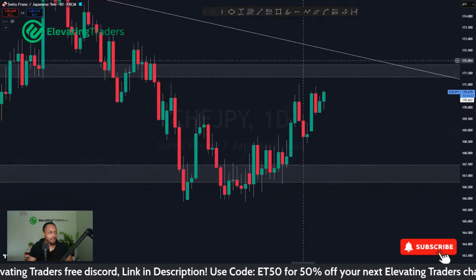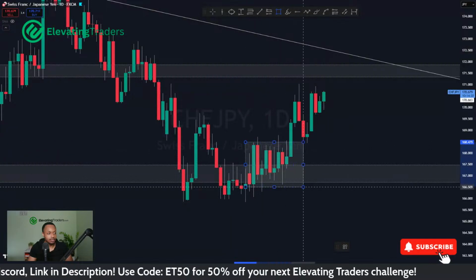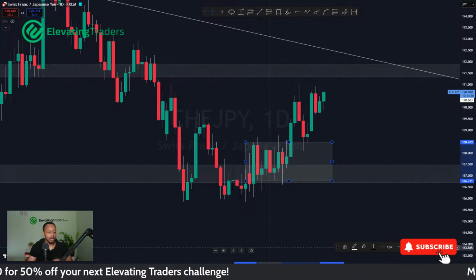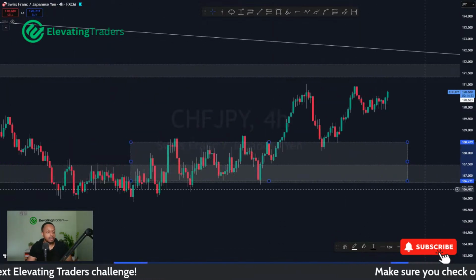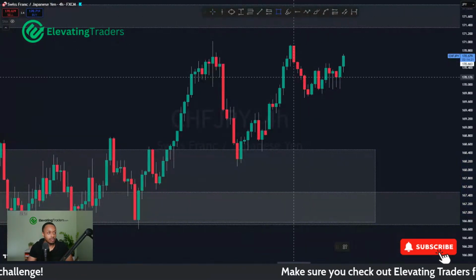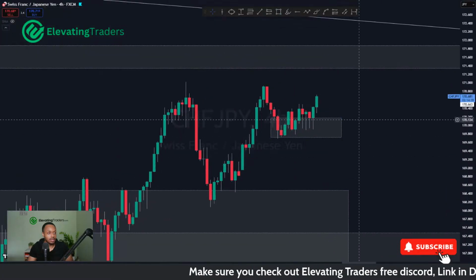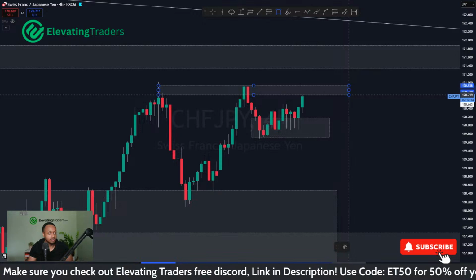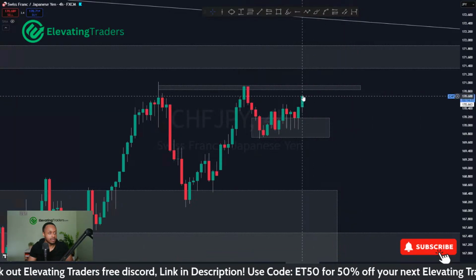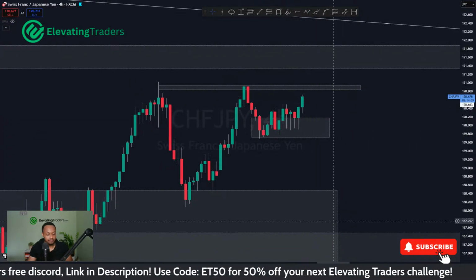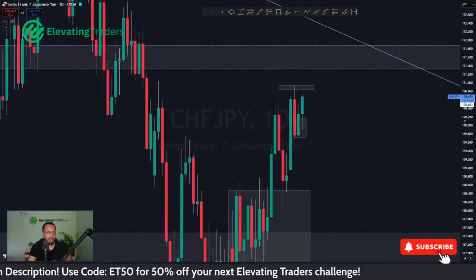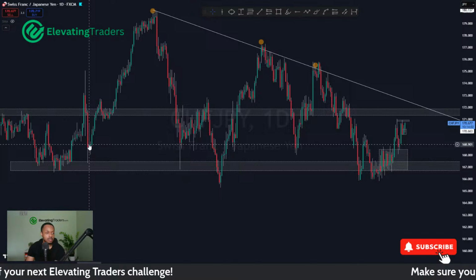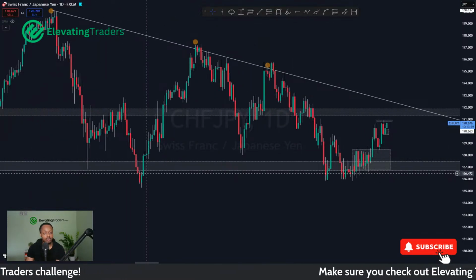Again, the way I see it is that we've had a lovely range here. Price broke to the upside, retested. Now seeing upside from that momentum. And looking at the 4-hour chart, we found a lot of support here as well. A lot of wicks to the downside. Strong close in that prior 4-hour candle. So probably likely to push back into resistance now. But I do think we can go a bit further. I don't see us testing that resistance and just selling off. I think we're likely to break through the high. So yeah, CHF JPY looking pretty bullish as well.